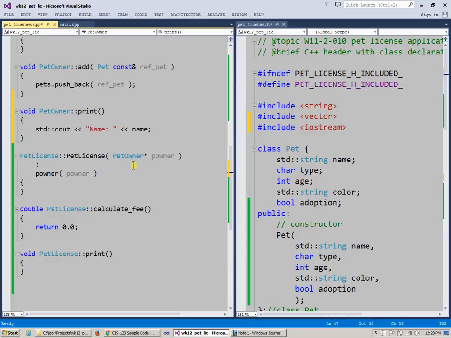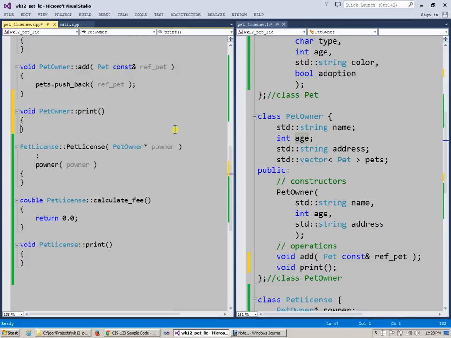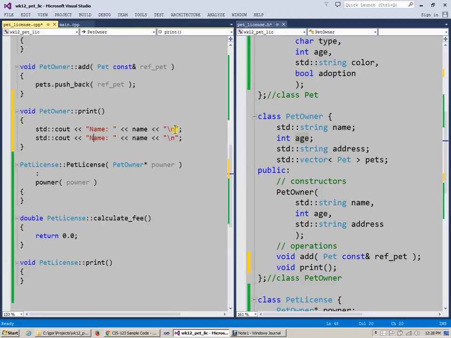Okay, and then where's my pet owner? Age, we can display age as, let me just for now print everything on a new line, then we'll decide what to do with the format. But for now, I will just print yes or no, right? So again, we will use this